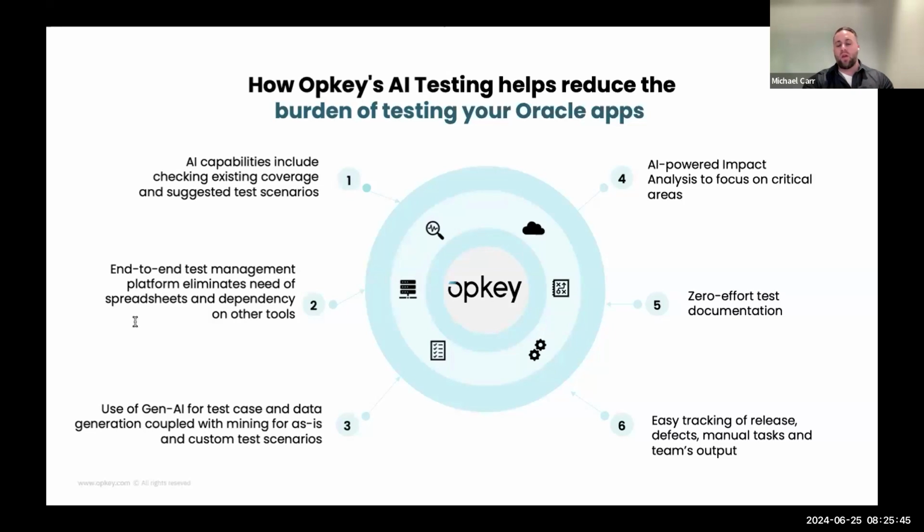Lastly, I just want to touch upon impact analysis and talk a little bit about how that works. Again, this is going to be something that you'll see during the demo, so it'll definitely add more context. But what is impact analysis and what is self-healing? So really, impact analysis is a report, and what we do is compare snapshots of before and after. So for instance, right now, I think we're ending 24B, and in the next couple months, 24C is going to be happening. So it's really taking a snapshot of the environment from 24B to 24C and quickly identifying which test cases, which components, which fields are being impacted through this change.